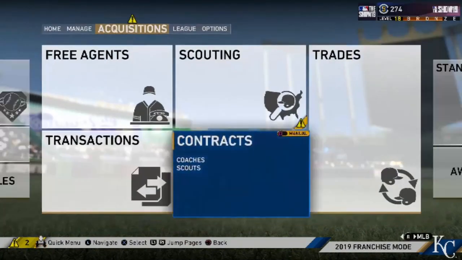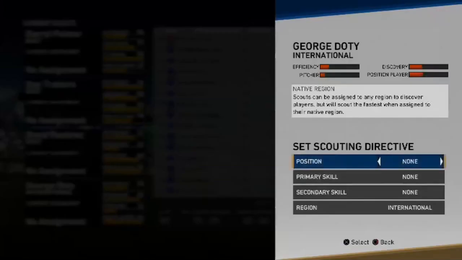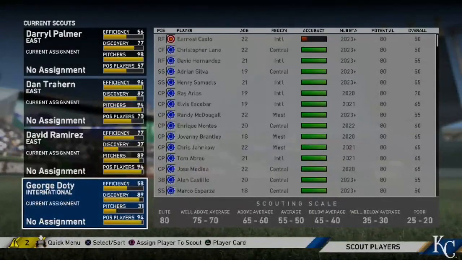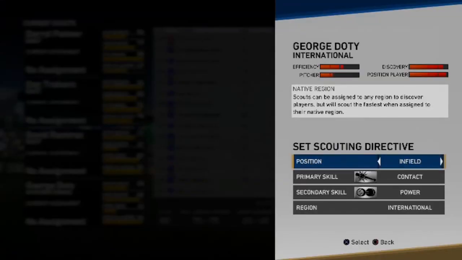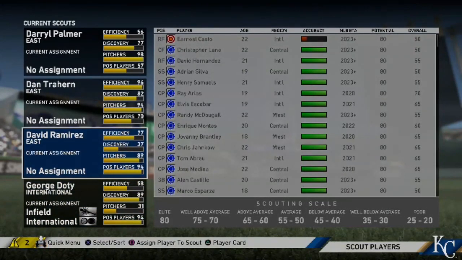Now we can set up our scouting. Yes. I know how to scout. So we're going to use Daryl Palmer for discovery. Discover position players in international. We need infielders. We need outfielders. I like contact, power, international. Let's do it. You are going to be looking at pitchers, and